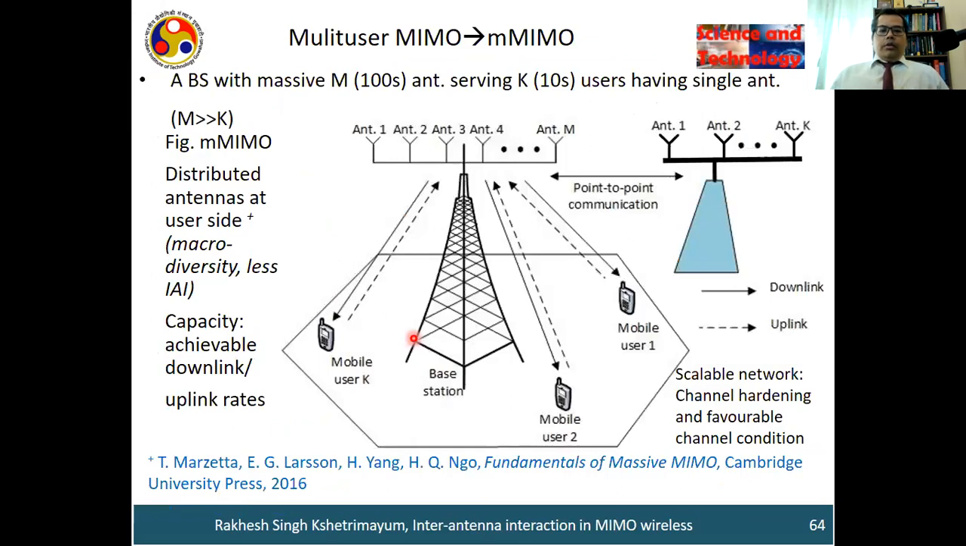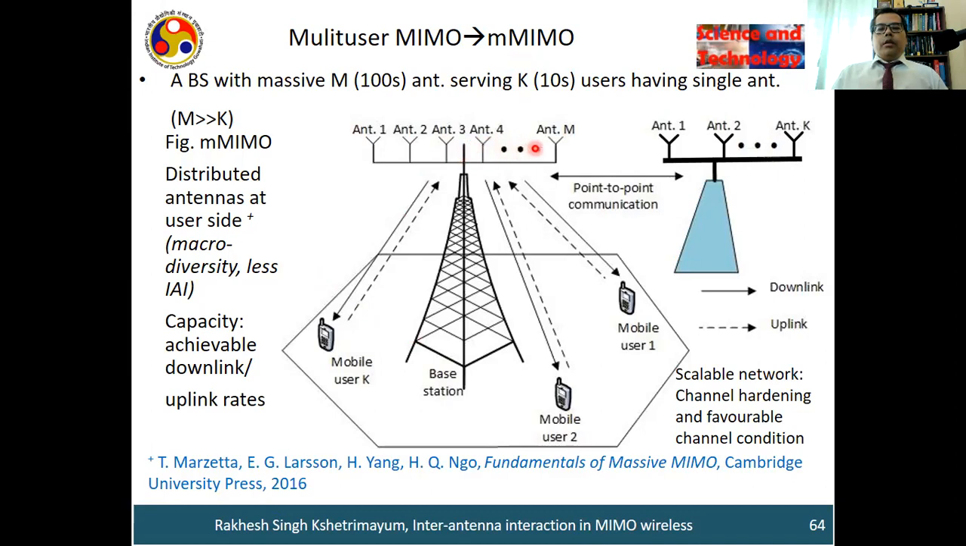Okay, so that was about the multi-user MIMO. Multi-user MIMO actually evolved to massive MIMO. Multi-user MIMO is used in 4G wireless communication, mobile communication, and massive MIMO is used in 5G wireless communication. The principle behind massive MIMO is that, for example, you